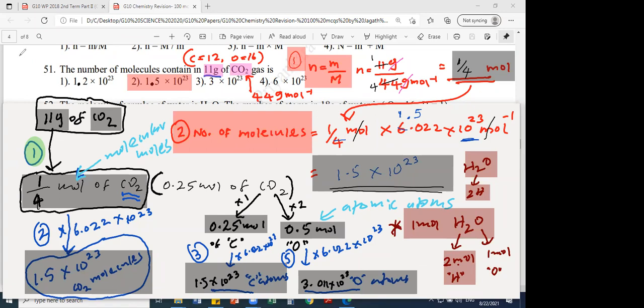I'll write here in this corner, I don't know whether you can see, there are so many. If you take 1 mole of NaCl, look, I'm writing on the leftmost side top. 1 mole of NaCl, then I have to say 1 mole of sodium ions, not atoms, Na+ ions. 1 mole of NaCl has 1 mole of chloride ions. Is that clear? 1 mole of chloride ion. 1 mole of NaCl contains 1 mole of sodium ions and 1 mole of chloride ions.